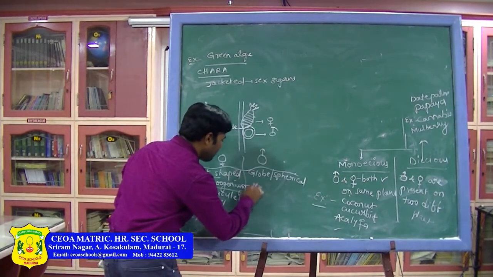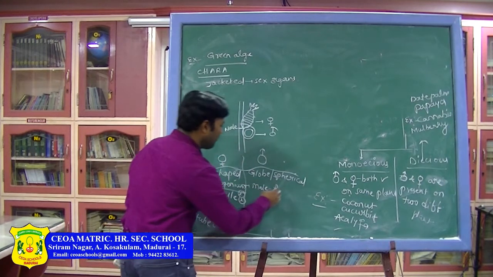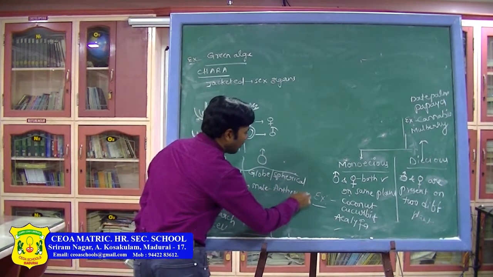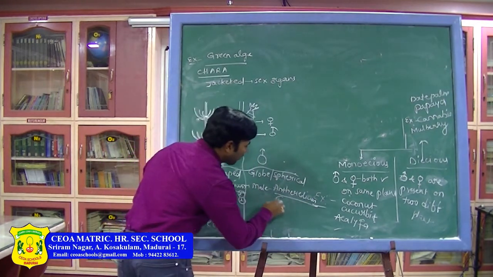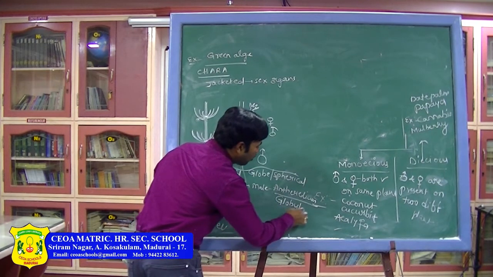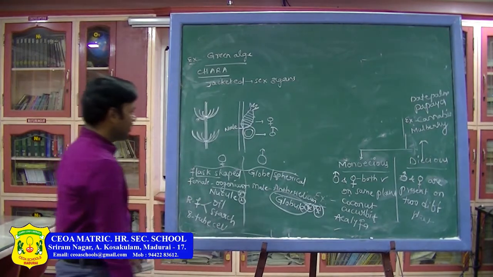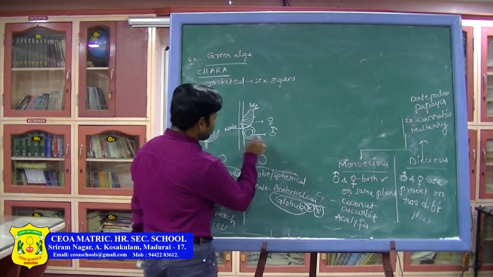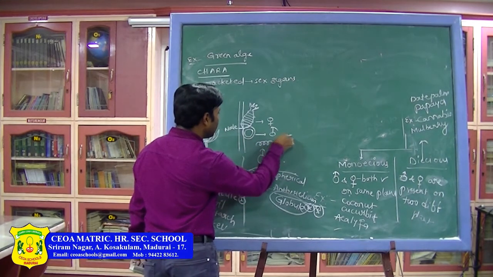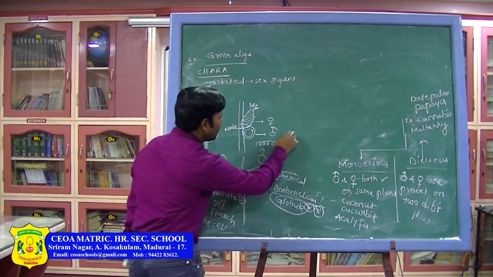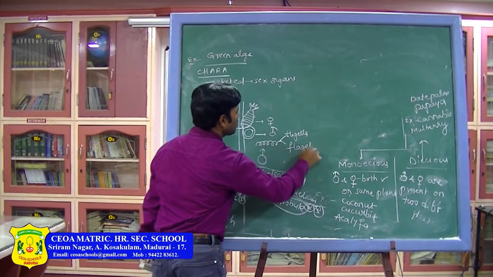Now, it is the male reproductive part, the antheridium. What do you call it? Antheridium, or else some scientists call it a globule, since it is a globe-like structure. Very, very important, globule. Okay. Then how is it present? See, spirally arranged like this. At the end, 2 flagella. This is one flagellum and this is another. 2 flagella are present.